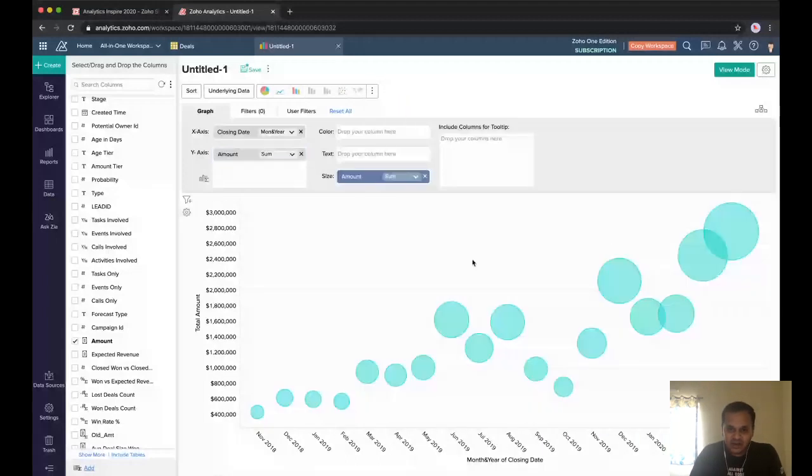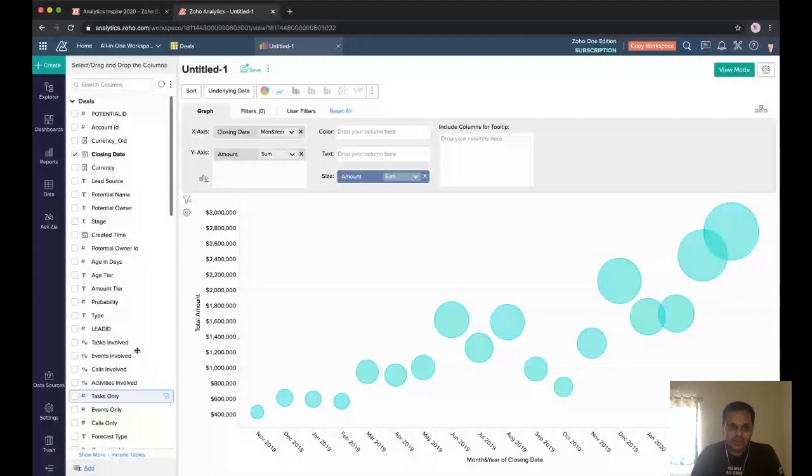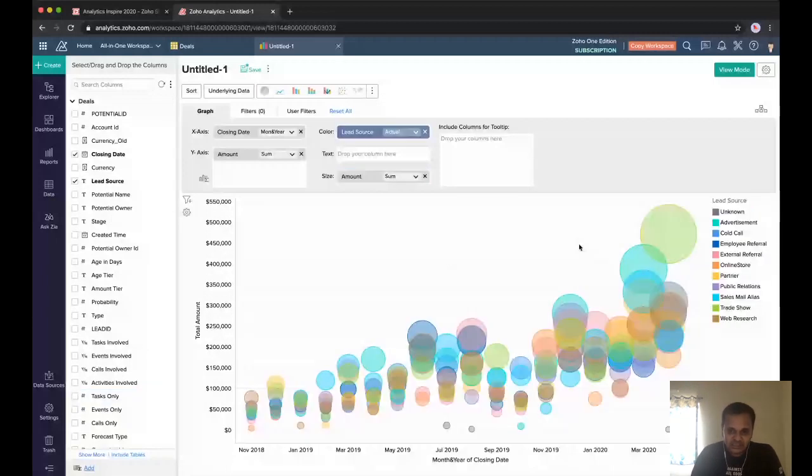So you see that automatically the amount field is added in the size shelf, and that determines the size of this bubble. All right. So even if you want to segregate this based on another dimension, all I need to do is just go ahead and use it. That determines the size of the bubble based on the amount, and that shows the different lead source contribution as well. All right. So that's the quick overview of how to build a chart in Zoho Analytics and choose